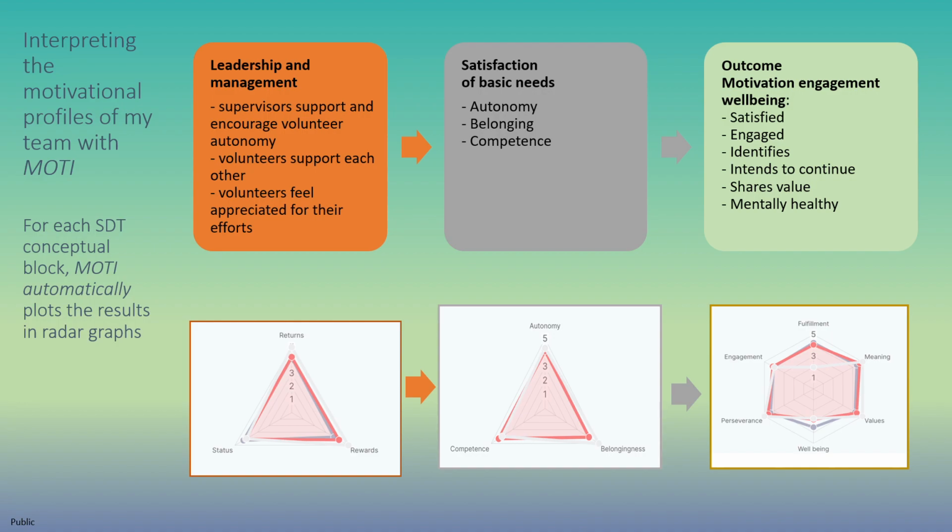So the results in the Moti app reflect these three, or actually four, building blocks of self-determination theory. On the right you have the motivational outcomes: fulfillment, meaning, values. At the center you have the satisfaction of basic needs, so that's how much the need for autonomy, belongingness, or competence is met. And then on the left you have actually two